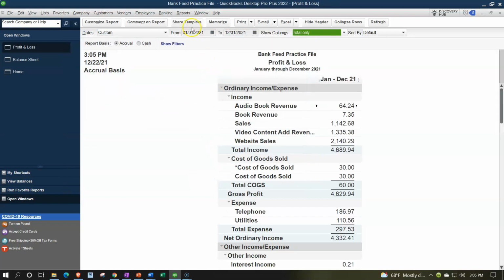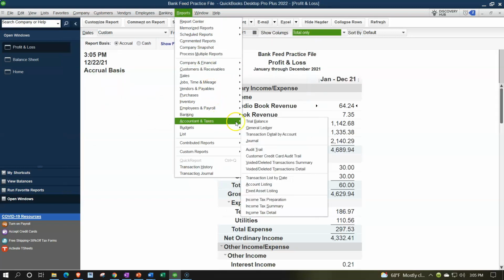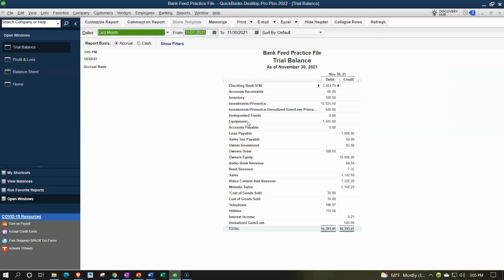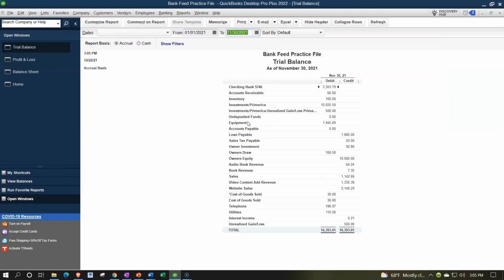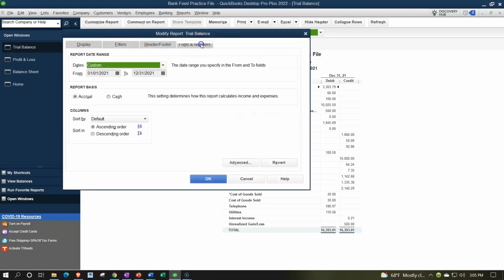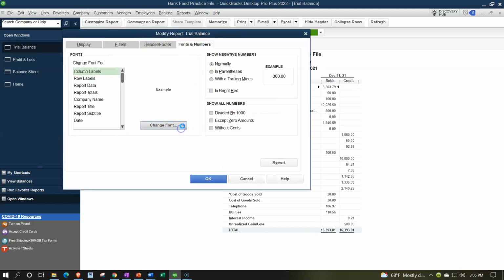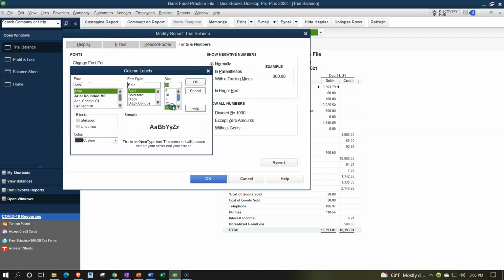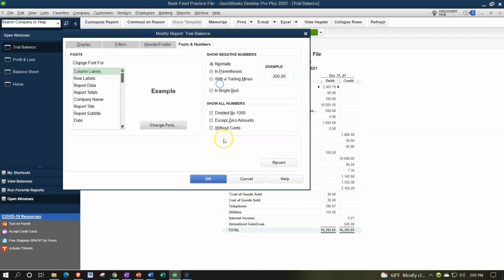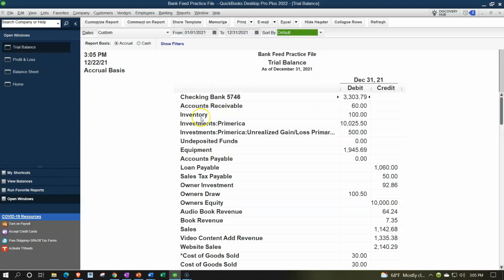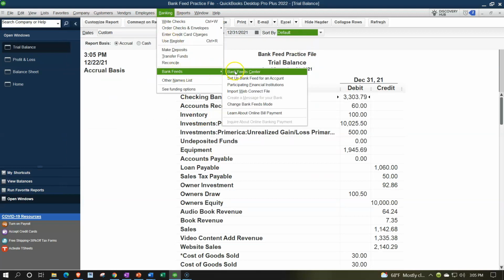One more time with the reports drop down, Accountant and Taxes, the Trial Balance, range change 010121 to 123121. Customizing that report with the fonts and numbers, changing the font up to 14, and we'll say okay, yes please, and okay. Opening up the bank feeds by going to the banking drop down, the Bank Feed Center,